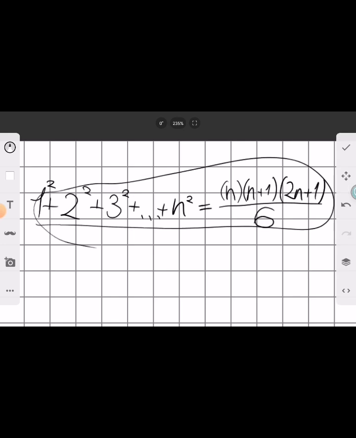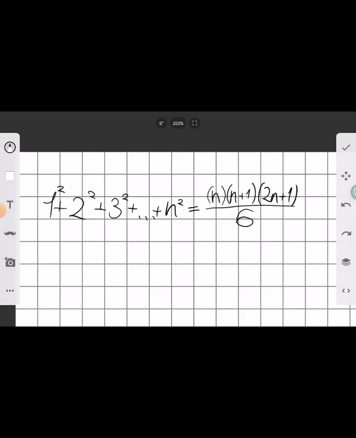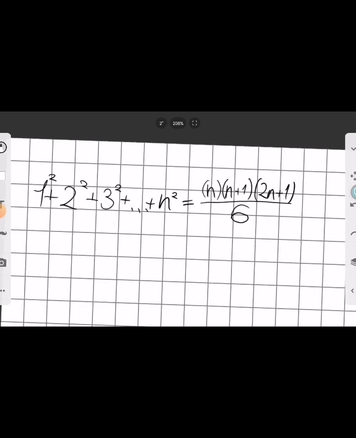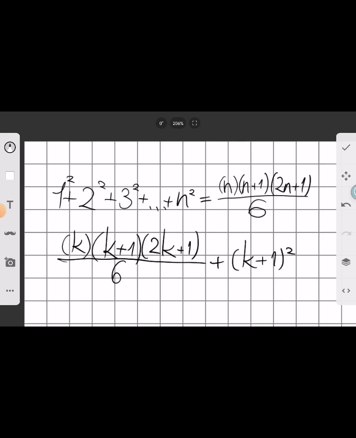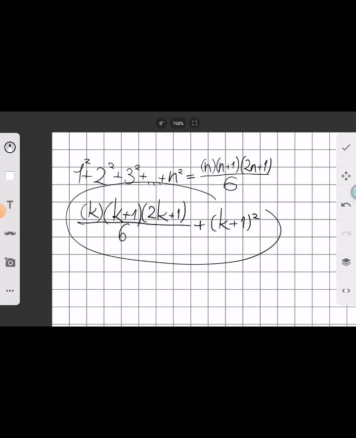This can be proven by induction, but the proof by induction isn't the derivation of a formula. If I try to take some number k and add the next step to the formula for k, so I'm trying to add k plus 1 squared, I could just rework it by